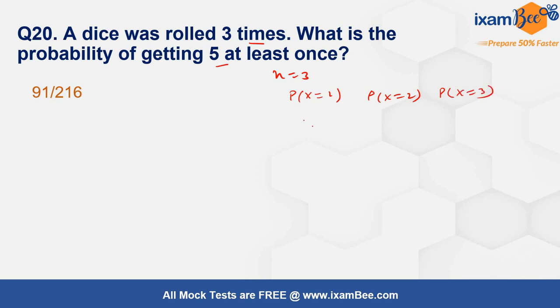Or what you can do is 1 minus the probability that 5 does not appear. So these are the 2 approaches in which you could solve this particular question, and the answer was 91 upon